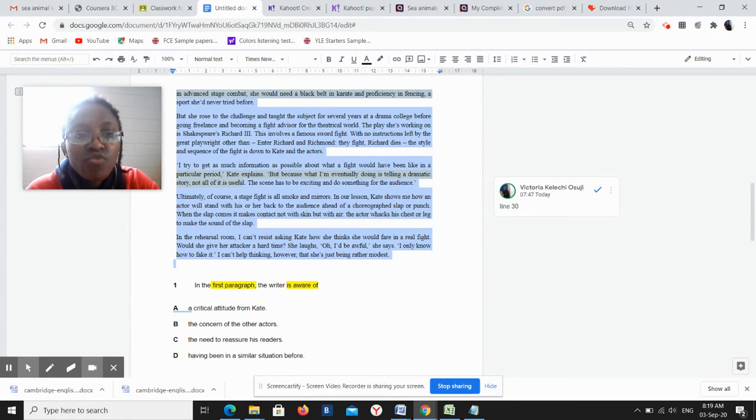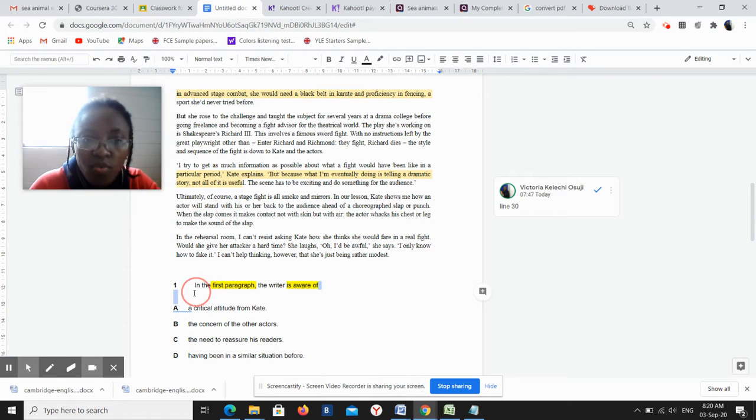Now, when you read quickly, you try to understand what the general question is about. Who is involved in the reading? Who is talking to whom? What is the logical sequence, how does it relate from the first paragraph to the very end? And most importantly, you need to build a picture in your mind to understand the context of what this reading is about. After you finish the reading, you go straight to the questions.